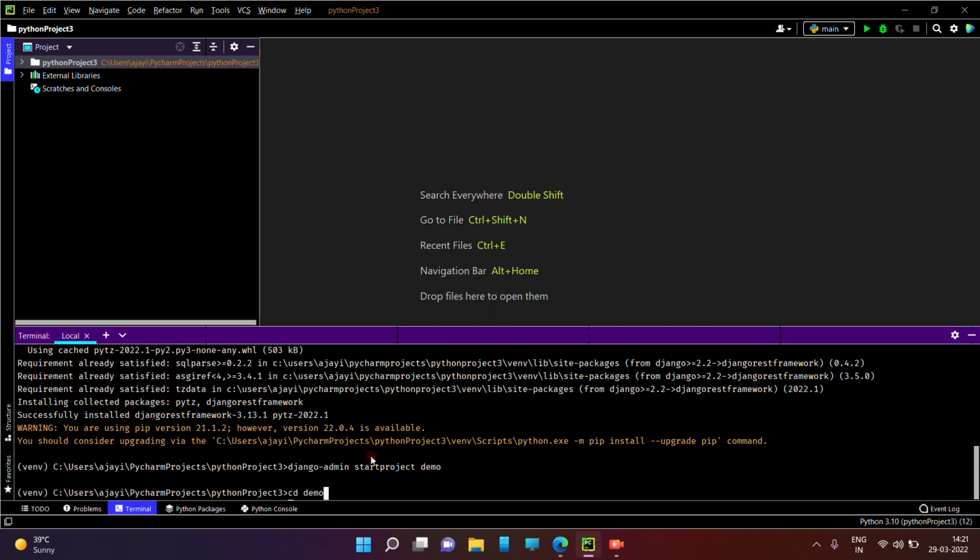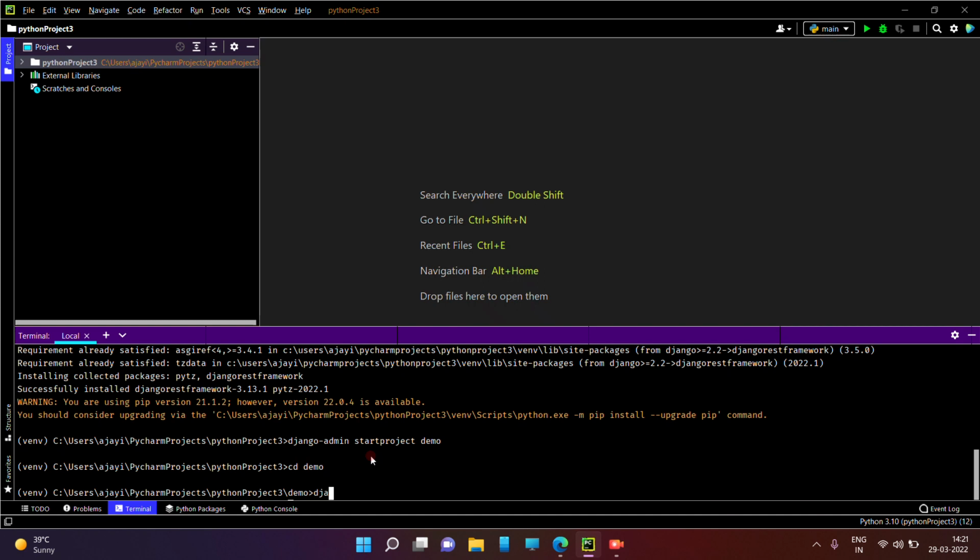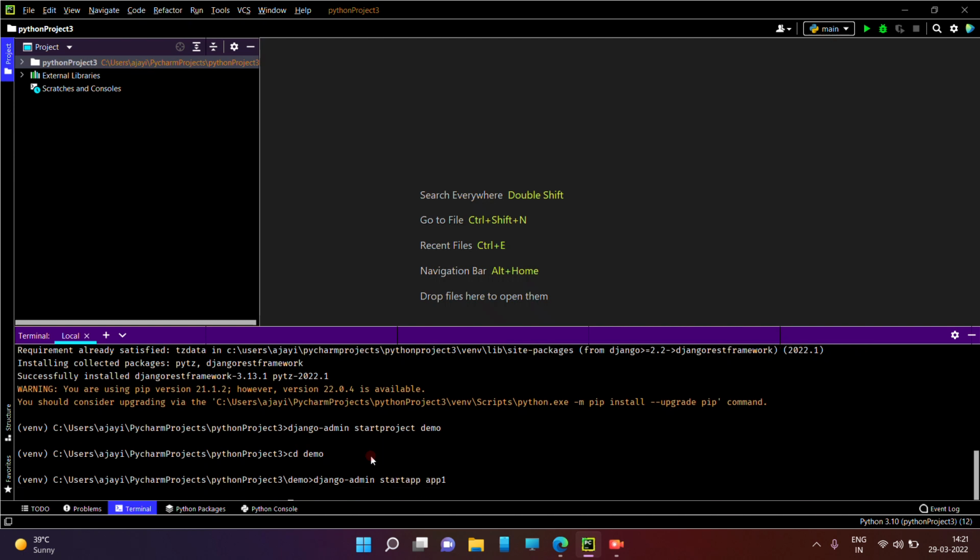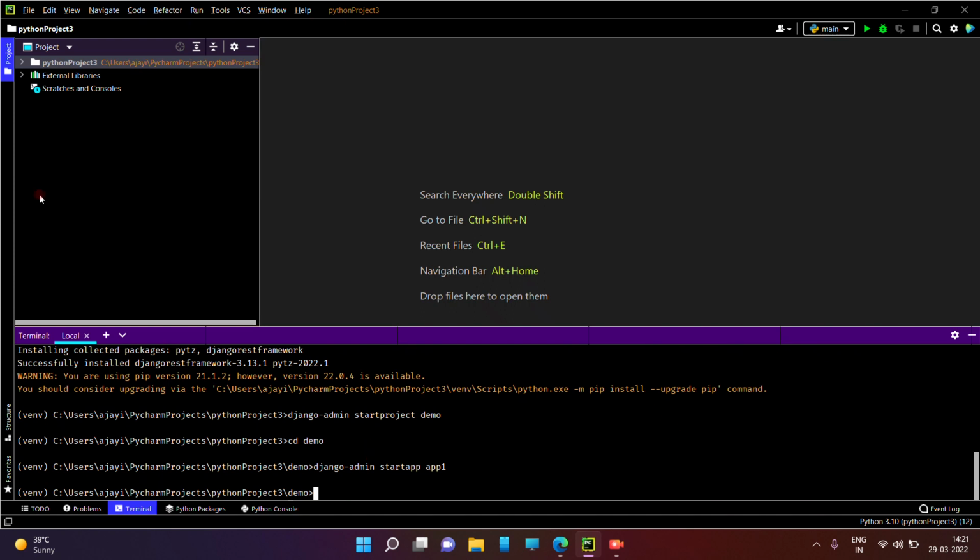Change directory, then create one application: django-admin startapp app1. Then next step,